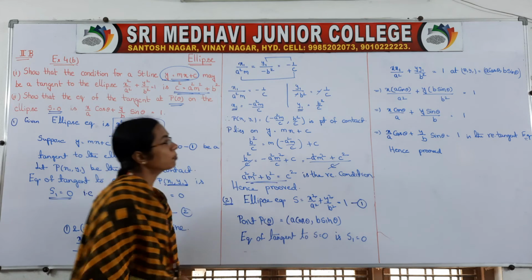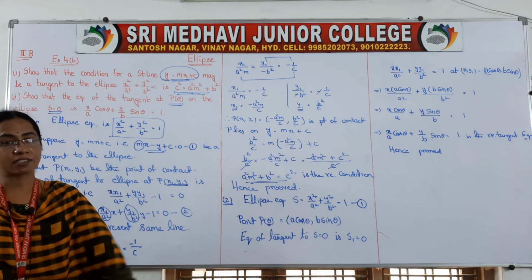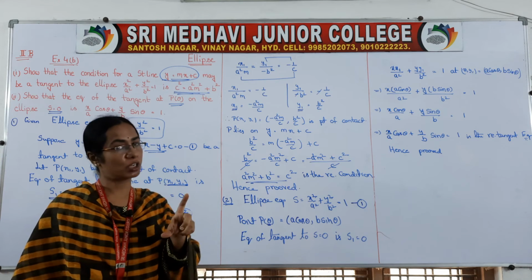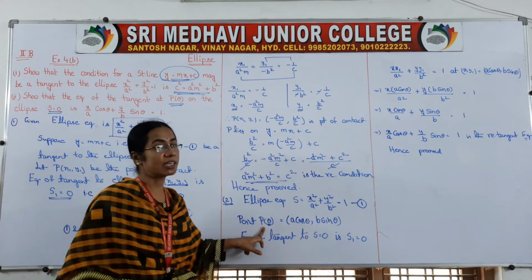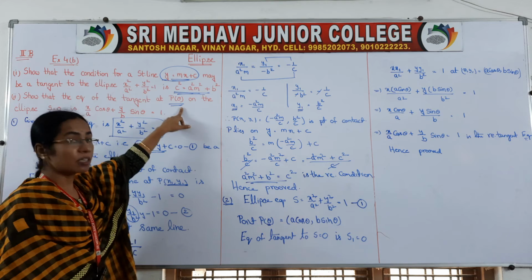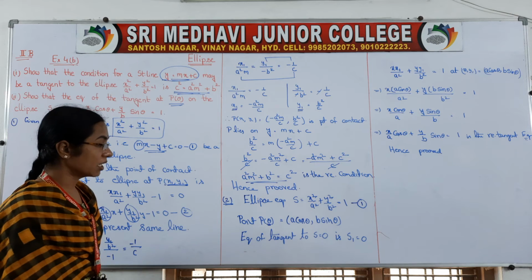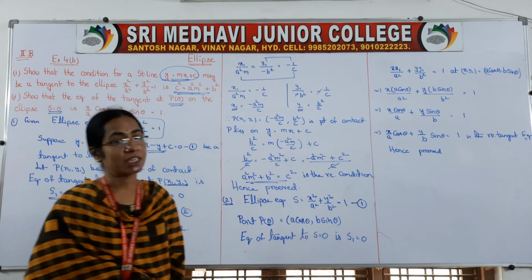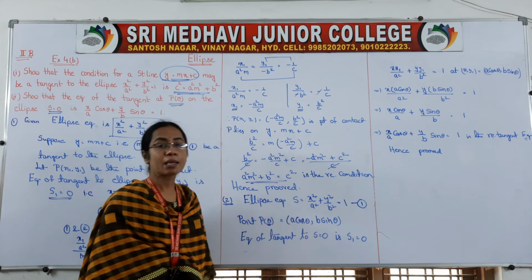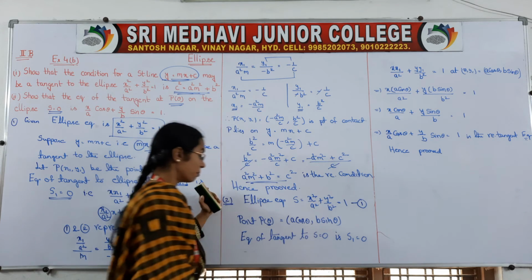So this is a very simple problem, right? First, the equation of the ellipse we will consider as S. Standard form equations can be taken as S, it is a notation. Next we have to take the tangent at P(theta). Show that the equation of the tangent at P(theta) on the ellipse S = 0. So what is your P(theta)? That means a point in terms of parametric form. So we have to take the points in terms of theta. So it is (a cos theta, b sin theta).